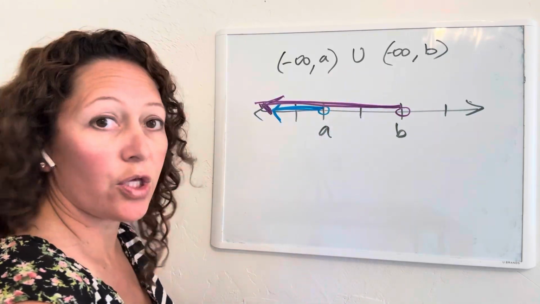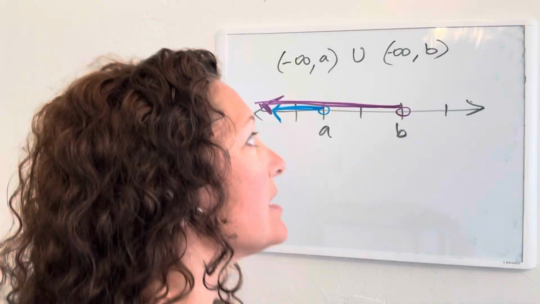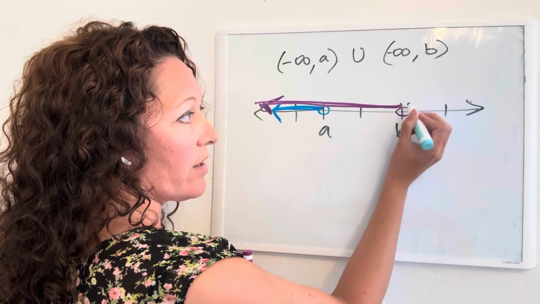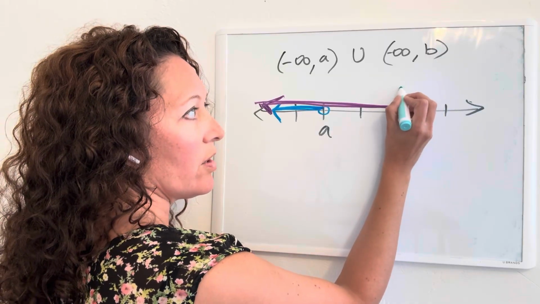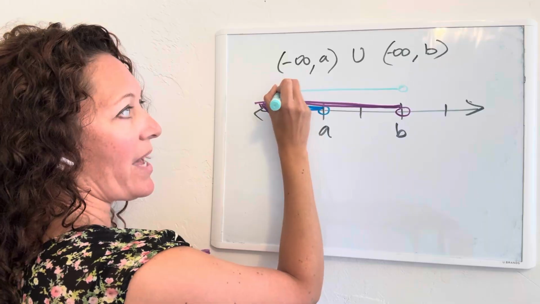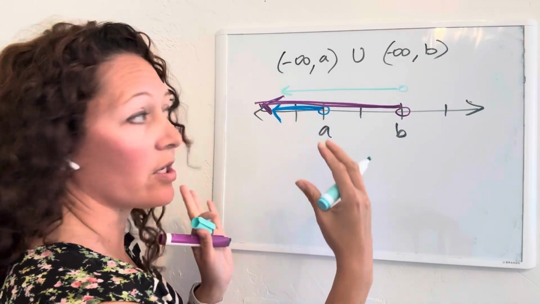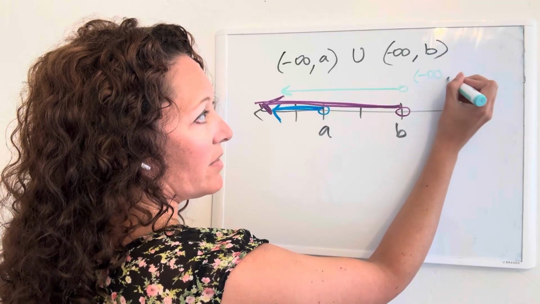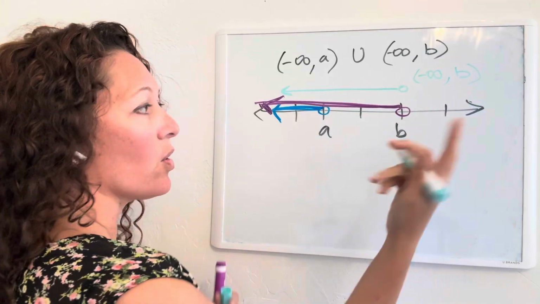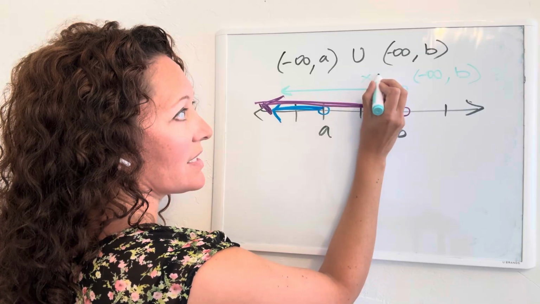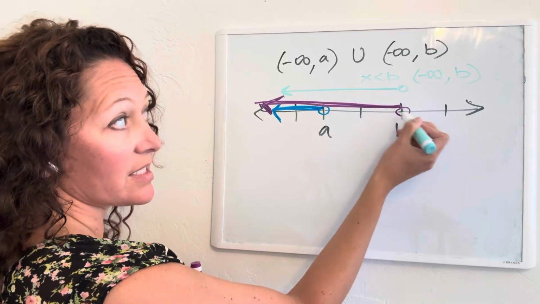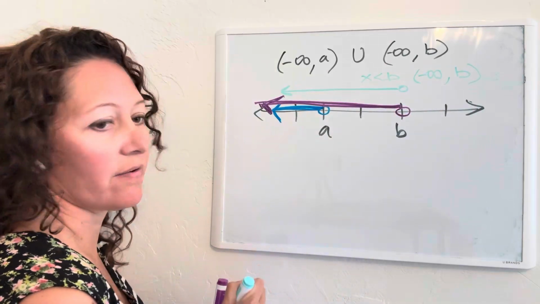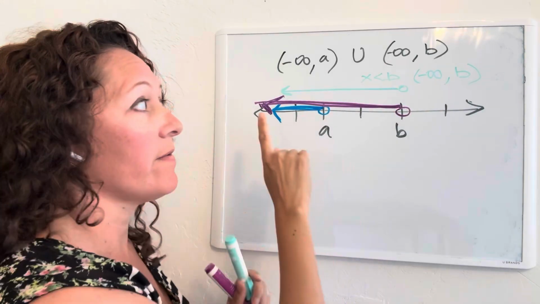And because it's union, we are looking at everything that we have combined. So we are looking all the way here from, not including B, but we are looking all the way at B and then all the way past, because it's the union or the combination of both of those things. So our final thing is negative infinity to B, or anything less than B. So X is less than B, because it doesn't include B, so I don't have an equals then. It's just less than B, and then everything in the negative direction. So that was an example of union.